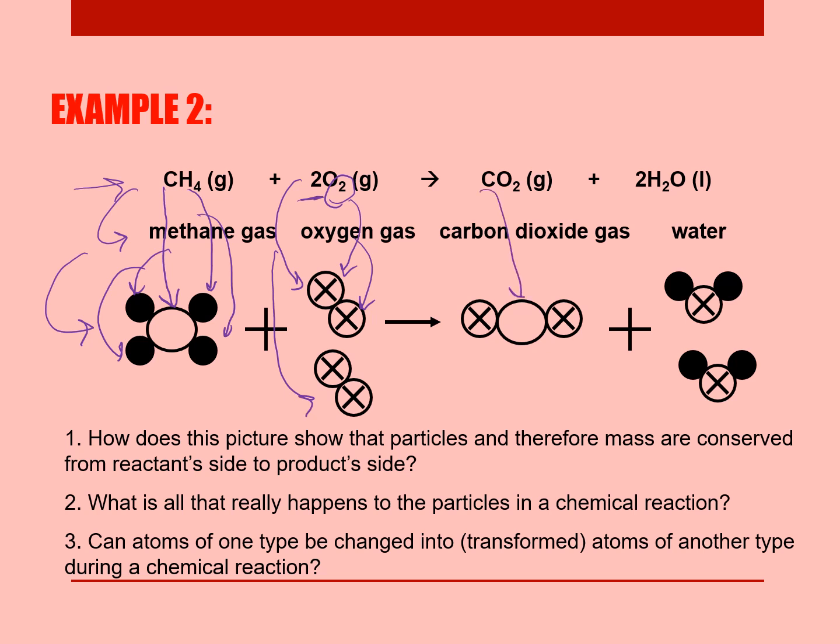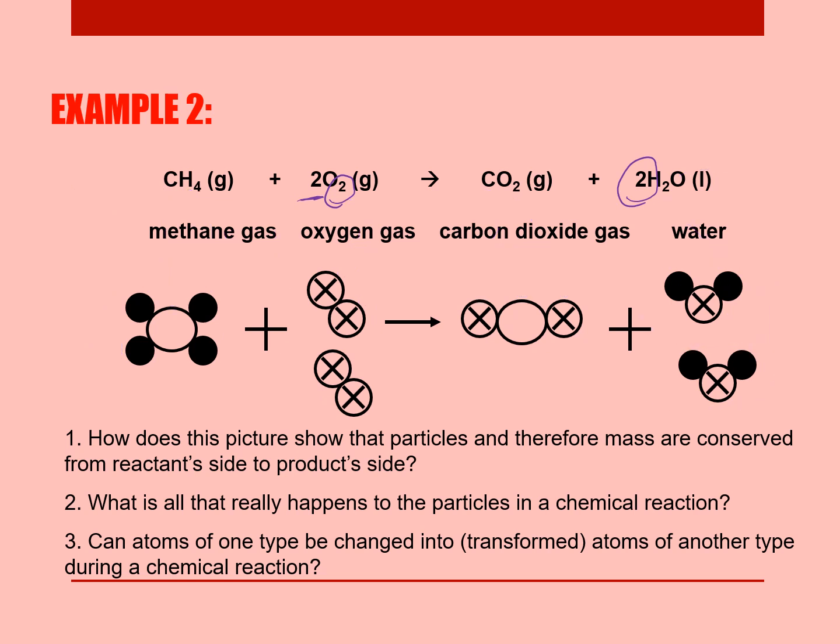CO2, here's my 1 C, here's my 2 oxygens. And then for H2O, here's my 2 H's and my 1 O for each H2O. But then this 2 represents how many of those guys I need. Okay, this is what we would call a balanced reaction, and that takes into account the law of conservation